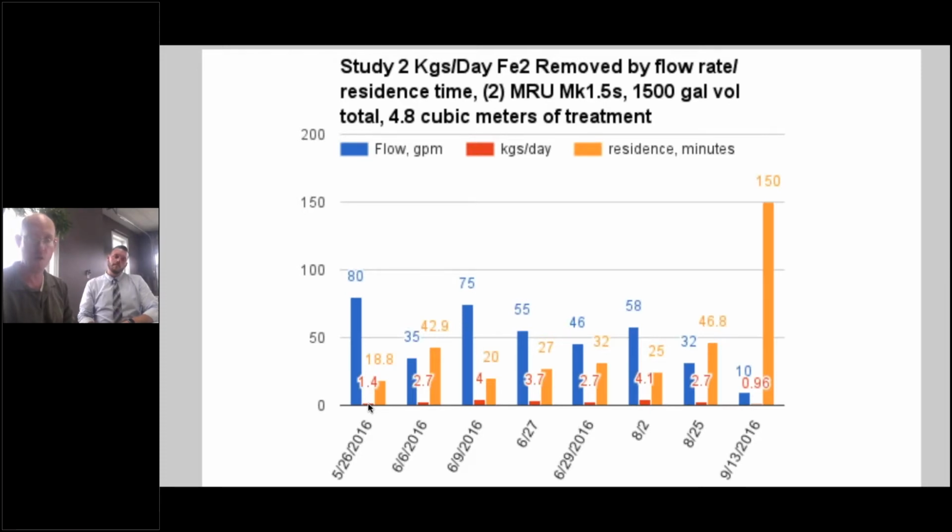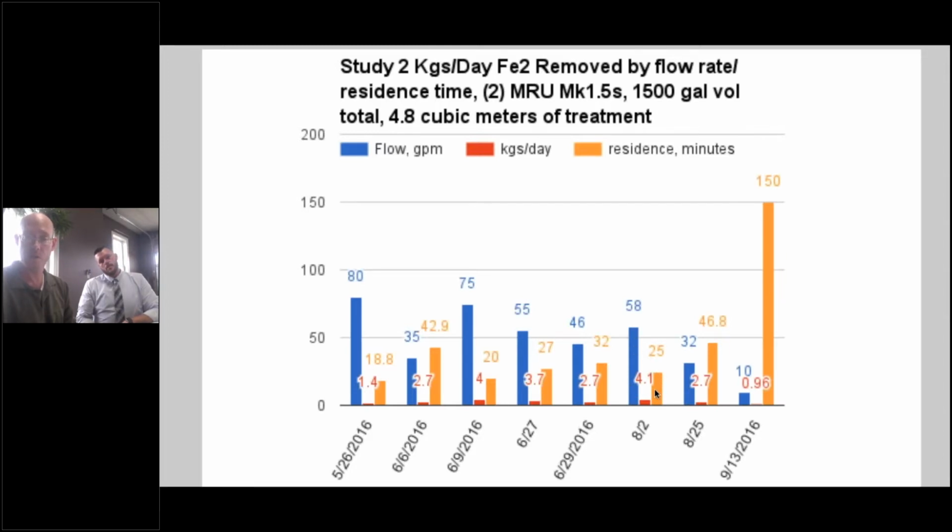So pretty small overall. 6.6, 35 gallons a minute, 2.7 kilograms removed, 42.9. But when we get into that 75 gallons a minute, oxygen is no longer a limiting factor. 4 kilograms, 2 boxes, 20 minutes of residence time. If you jump all the way up here to 8.2, to the point where it's starting to get clogged up, it's starting to get backed up, that first unit is pretty well full. It's starting to go into some of the overflow and over the overflow weirs. And you've got 58 gallons a minute,